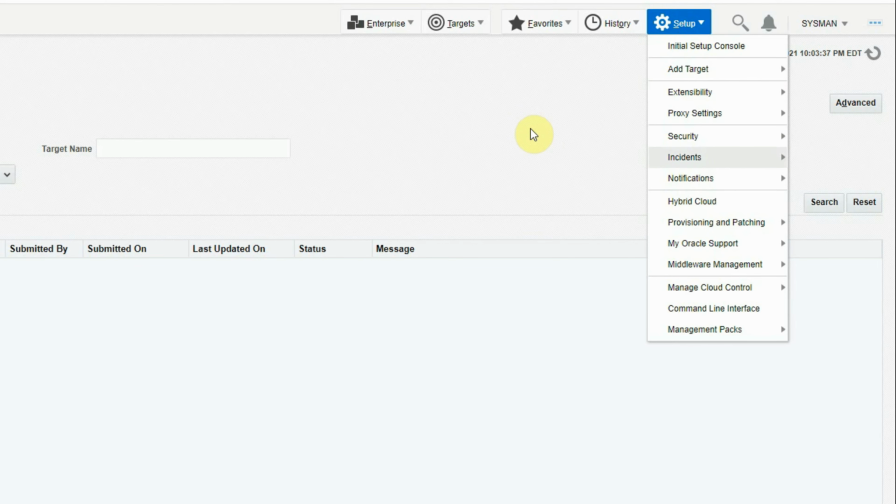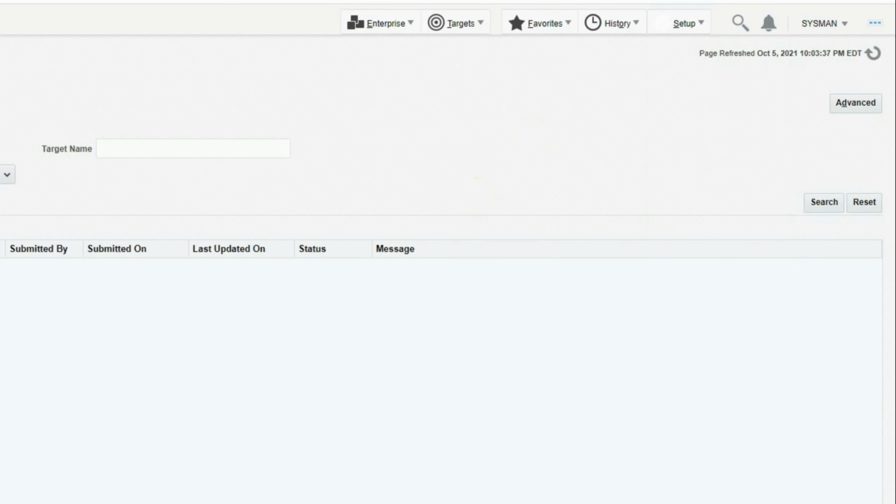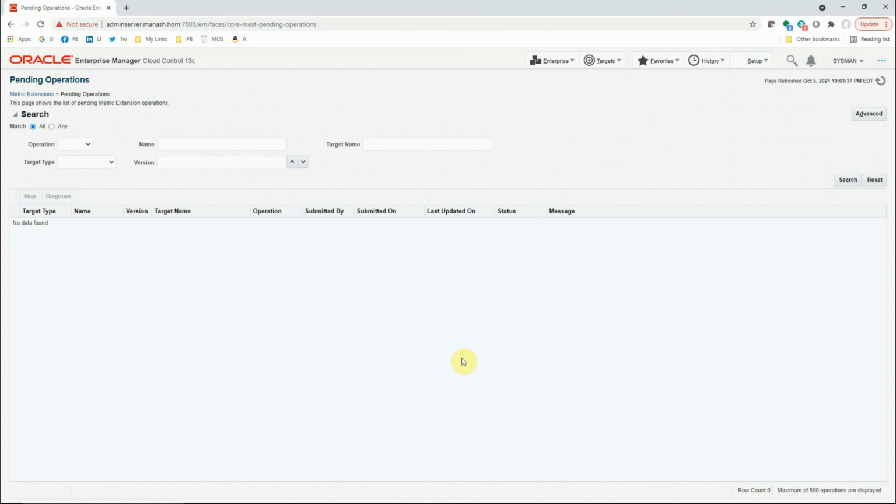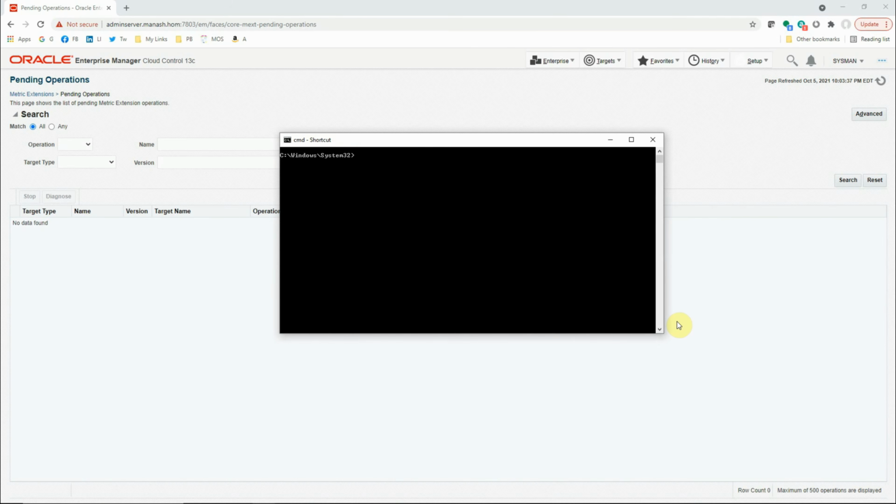For now, I assume that your incident rule set has already been defined and the appropriate emails for receiving the critical and warning alerts have already been set there. So now I will establish another session and run one PL/SQL block, and I'll make it run longer than 10 minutes so that this metric extension actually detects the long running session and SQL statement and sends an alert. Using a command prompt, I will connect to the target database